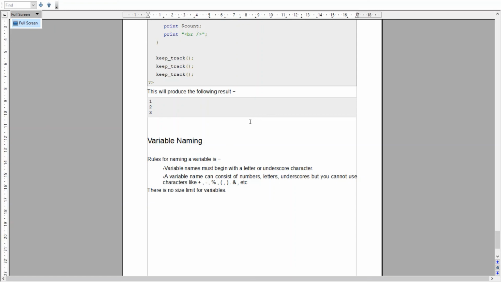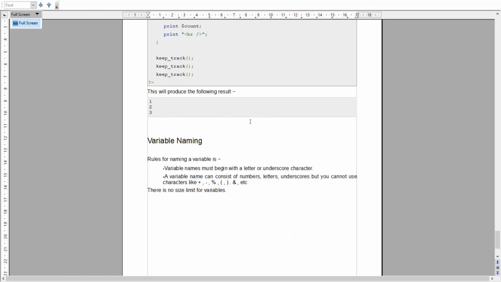Then the variable name can consist of numbers after the underscore or after a letter, whatever value we want to give. That is, we can use numbers, letters, and underscores, but we cannot use characters like plus, minus, modulus operator, comma, parenthesis, and operators, because these are symbols reserved for other calculations or operations in PHP.